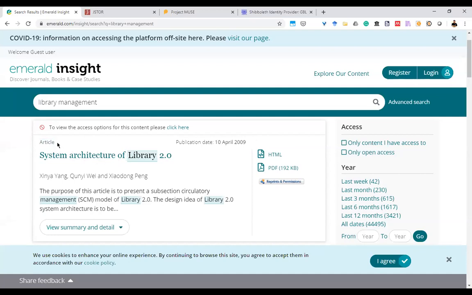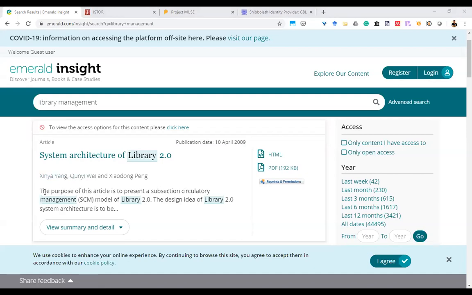The next thing that is shown is what kind of record it is. So it is an article. Article means a particular item which is published in some journal, and the date of publication is shown, as well as the title. The title is hyperlinked to the full page of the record, that is the item display page or record display page. Then the authors' names are listed, and each author name is hyperlinked. So if you are interested in a particular author's publications, you can directly click on the author name, and there will be a new search by the name of the author.